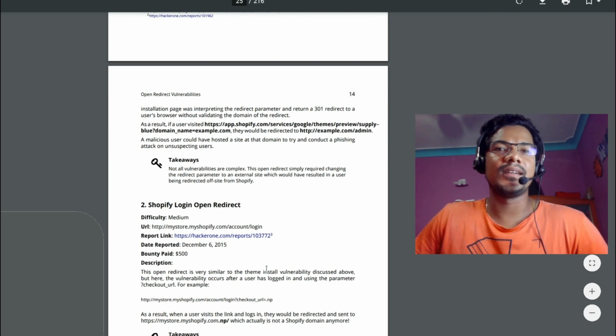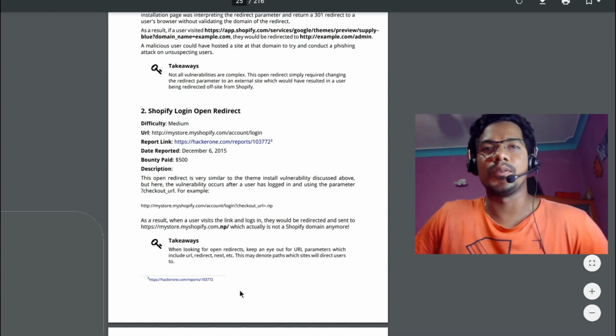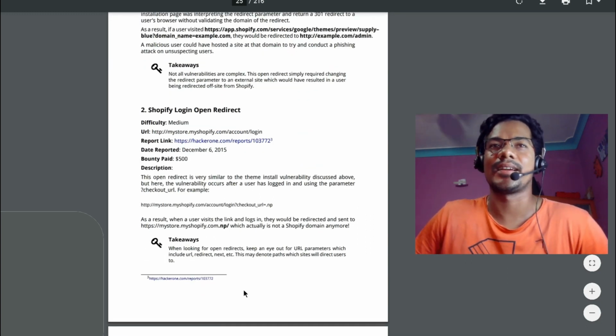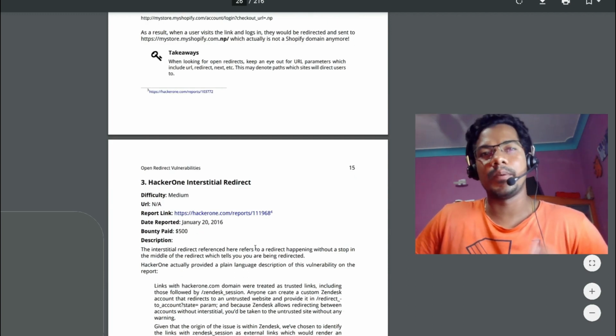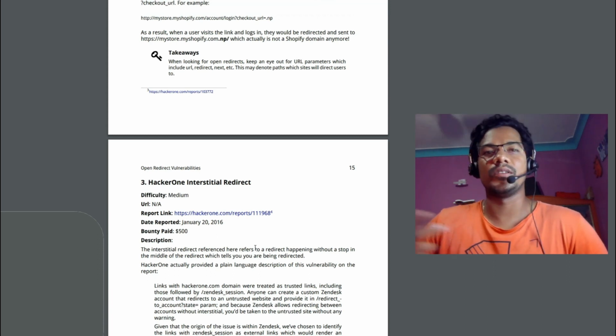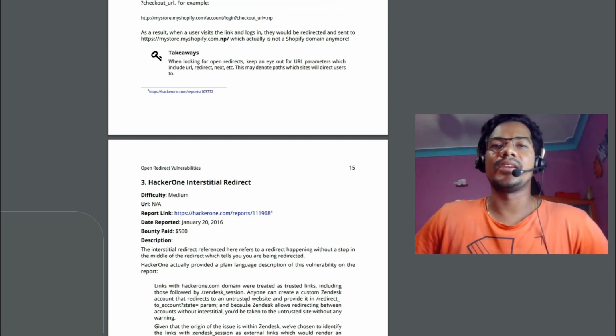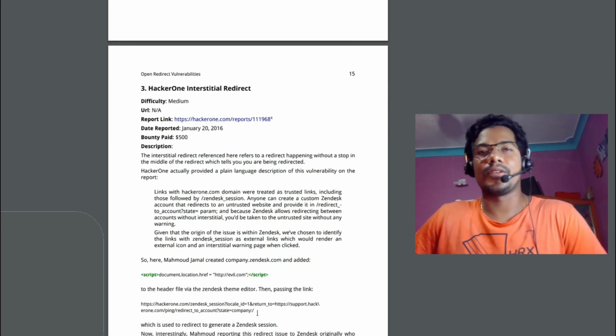Now they have provided slightly more variations, like one of the URL parameters, if you could see here, checkout_url, which was again vulnerable to this URL redirection attack. So there are a lot of payloads. I mean, the payloads are typically simple. You can provide any external domain name, to which the website will take you once you put it in that particular parameter and it redirects.